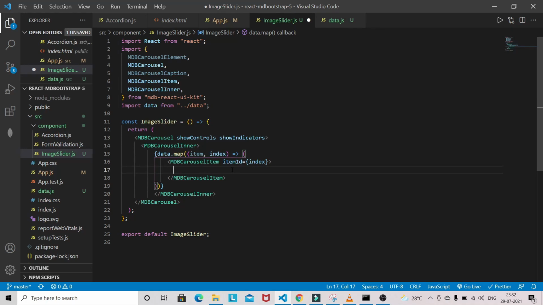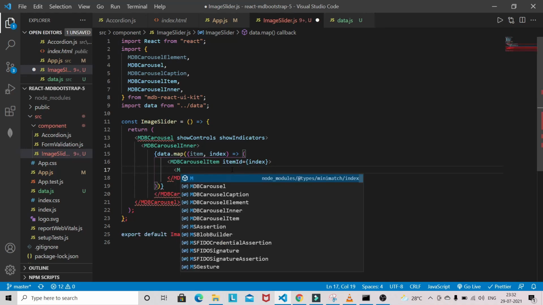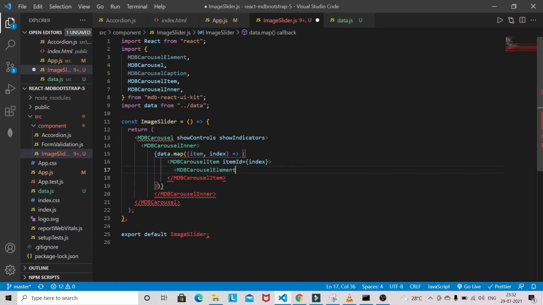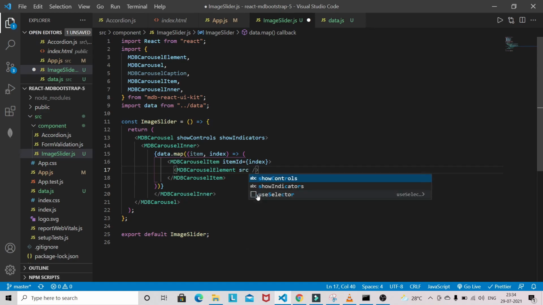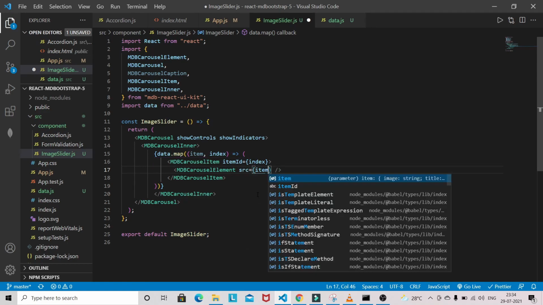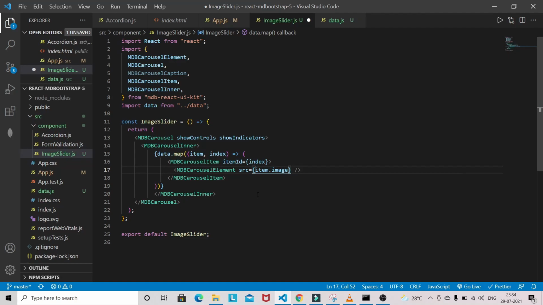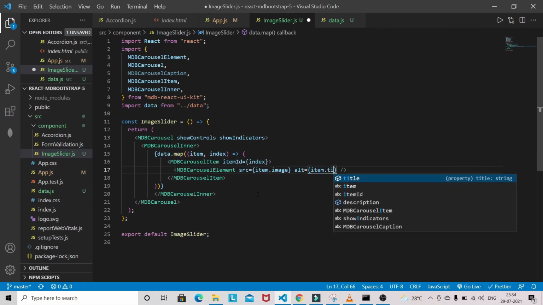Now we can have MDB carousel element. This will be the closing tag only. Inside that, the source will be there, so we need to provide the source here. So src item dot image, and if there is no image we can provide the alt, item dot title.